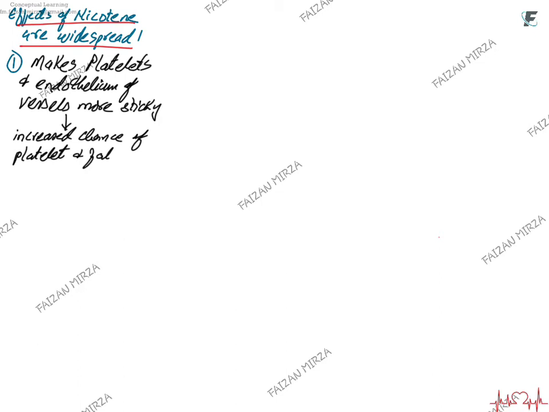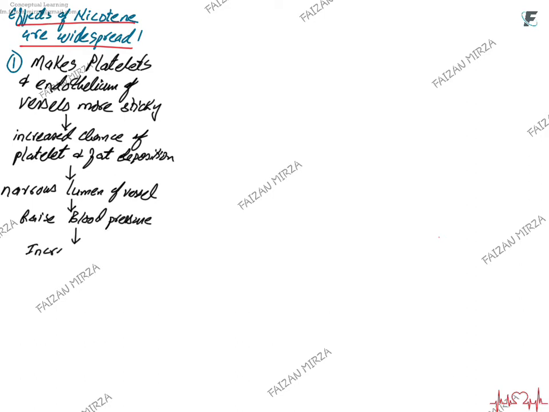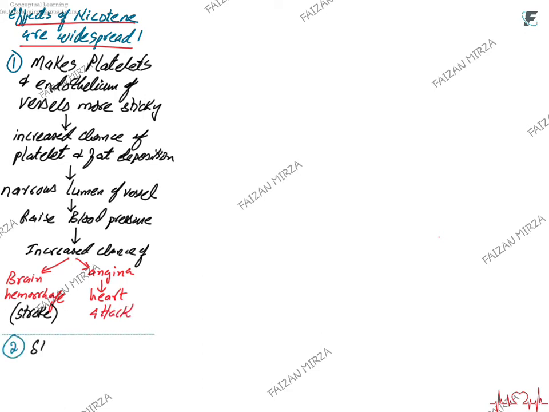There would be increased chances of platelet and fat deposition within the vessels, and when this occurs, it narrows the lumen of the vessel, so blood will have less room to flow through. This will raise the blood pressure, and with a raised blood pressure and increased heart rate, this may lead to brain hemorrhage, which is stroke. It can cause angina, which is pain in the chest because of increased activity, and